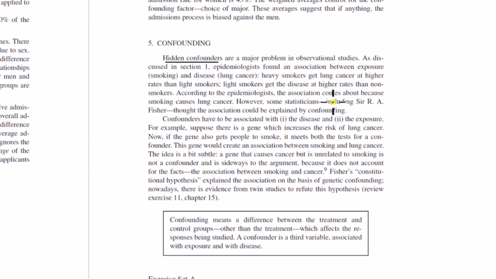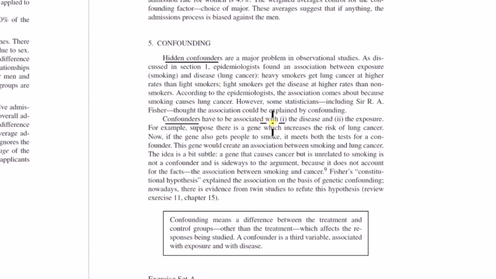However, some statisticians, including Sir R.A. Fisher, thought the association could be explained by confounding the association between smoking and disease. Sir R.A. Fisher was trying to say that that's just an association, not a causation. Maybe smoking is healthy. Maybe the black lungs that they show, maybe that's something else. That's coming from something completely different. Confounders